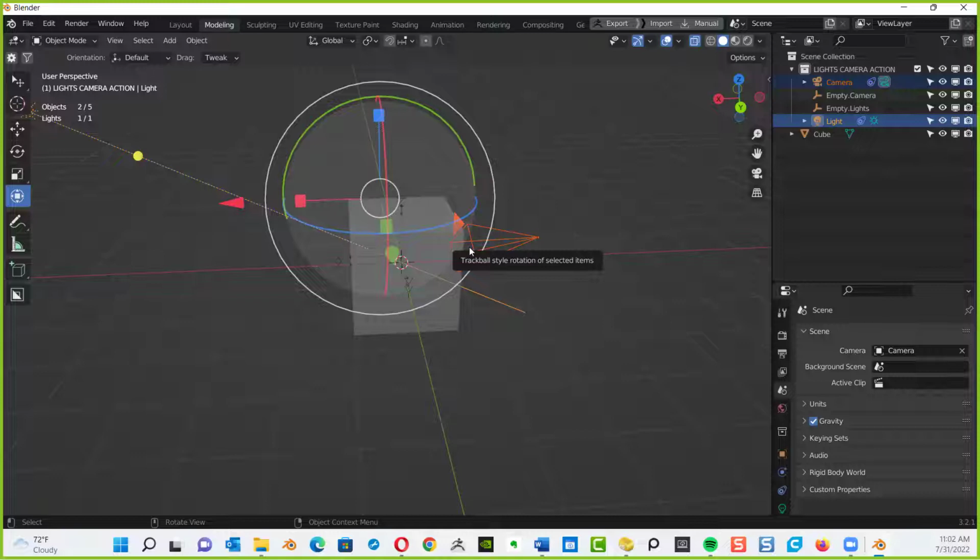Let's see. All right. Hold down the control key and left click on the light. All right. For me, it doesn't work. Wait a minute. Yeah. Okay, I see it. Okay. Now what next? Hit M as in man on your keyboard. All right, hold on. It brings up a little sub menu asking you, do you want a new collection? You click on the new collection at the top. Got it. Good. Now rename it Lights, Camera, Action.